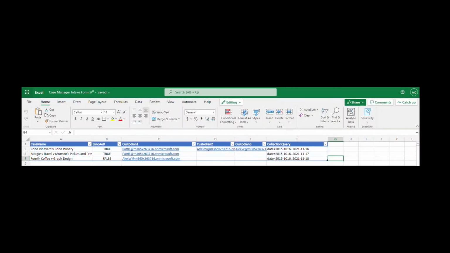Next, let's take a look at a super simple business user intake form that we've set up to name the case, set the sync to eDiscovery status, true or false, name the set of custodians or persons of interest that we know should be part of the case, and kick off the first search and collection for the case with specified query parameters. This XLS is something I can put on a SharePoint site and provide to my business users,